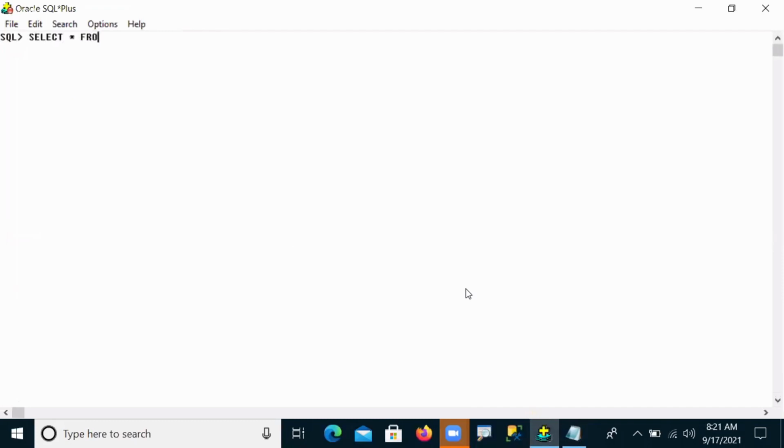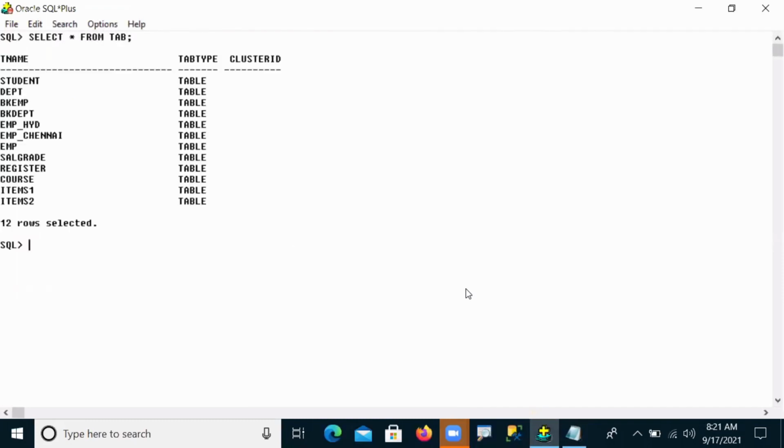These are my tables present. Now I'm creating small tables: S1 with serial number and name. It's one table, and I'm inserting some data into test1. Now 10, some name is high.